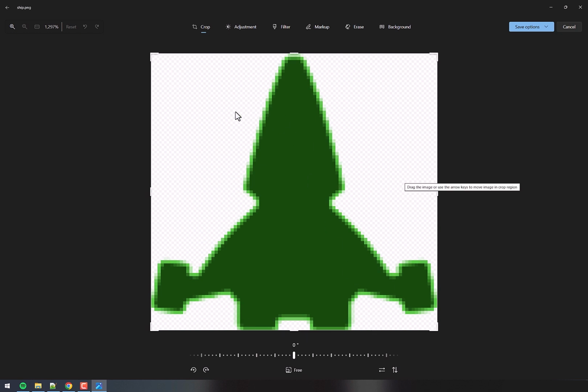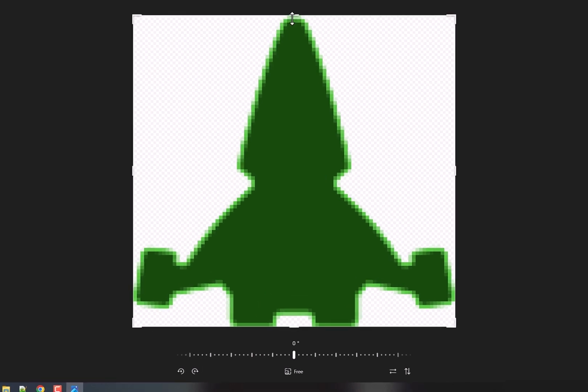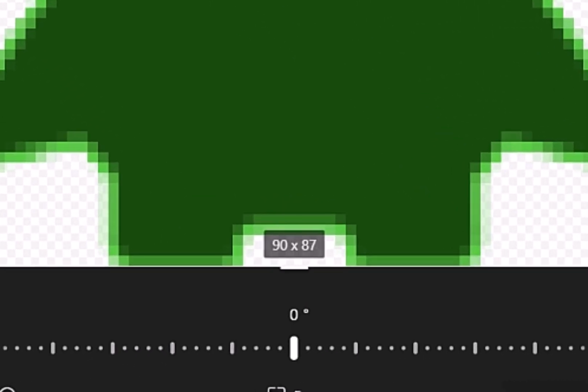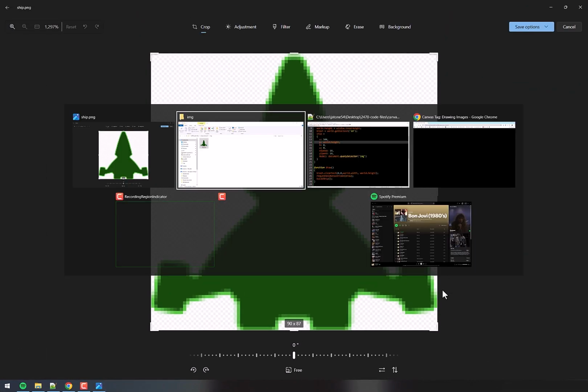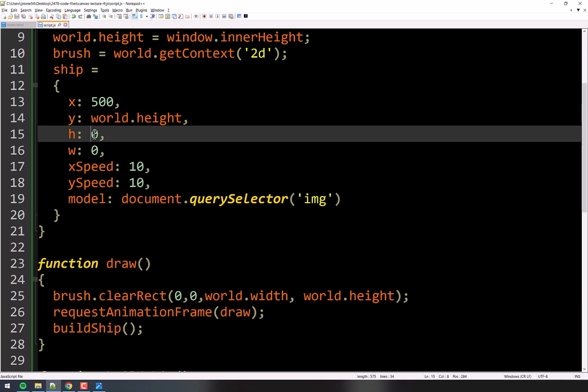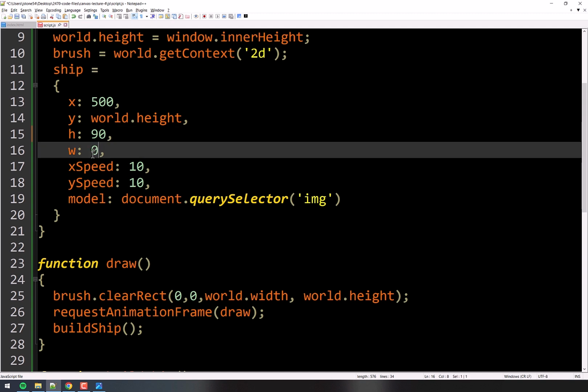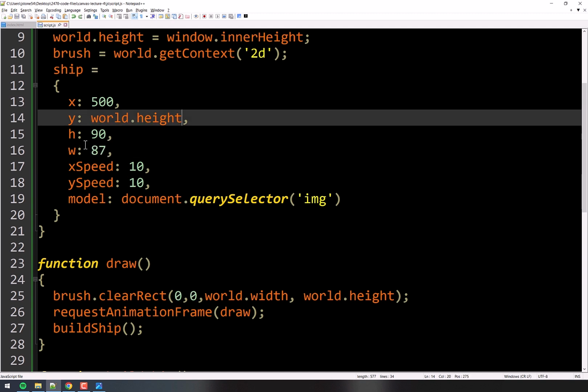Okay. Well, how big is this thing? Well, we can see here, if I click on there, you can see that it's 90 by 87 if you look down at the bottom there. So it's 90 by 87. So we just know that number now. And so I'm going to just capture that that's 90 and 87. Well, now that we know the height here, we need to subtract it from right here.